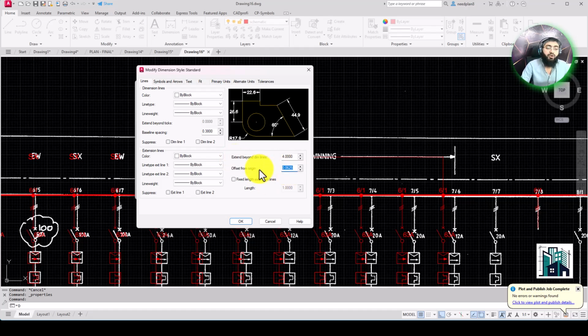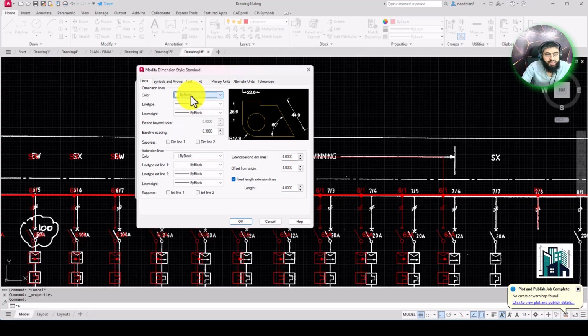the offset from origin should be 4, or you can make it a fixed length. This should be fixed, like 4, like 14, whatever you want to put.